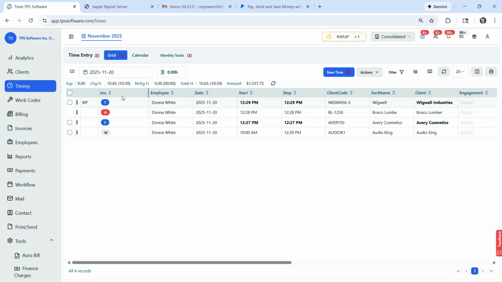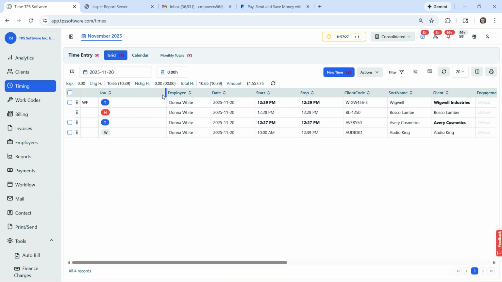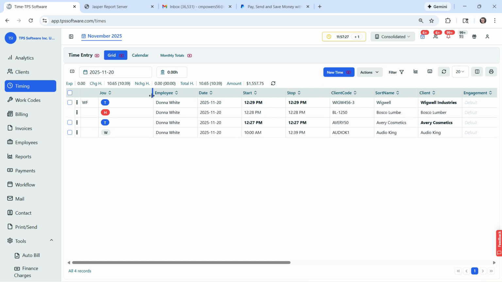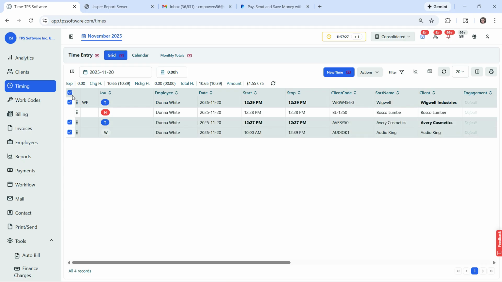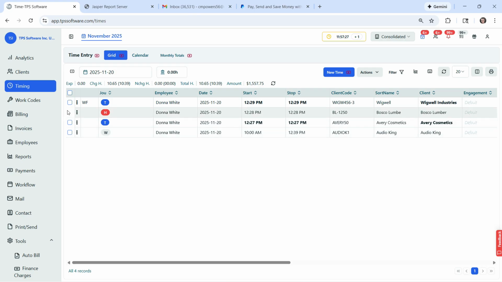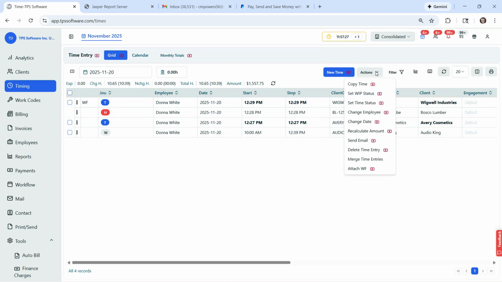As I mentioned, this down here is like a spreadsheet, and you can even widen and make the columns more narrow here. Let's go over the different columns that you see here in front of you. First, you have your checkboxes. You can check them all with this button here or uncheck them. You can check them individually if you want to, but you'll need to check one of these in order to use the actions here. So if you wanted to copy that time, for example, you would click here, hit copy time,